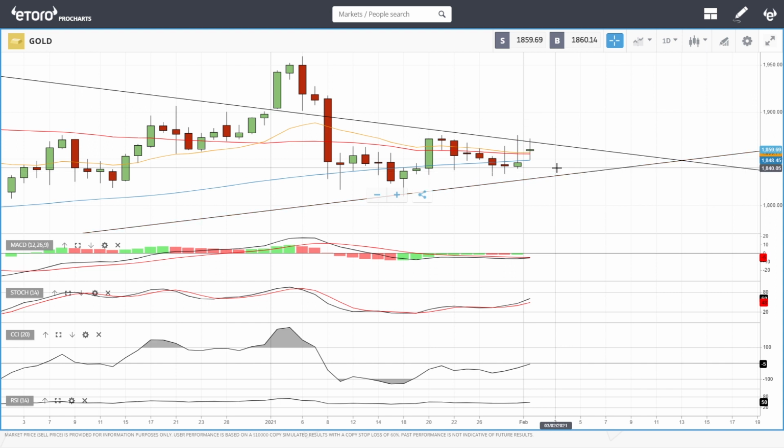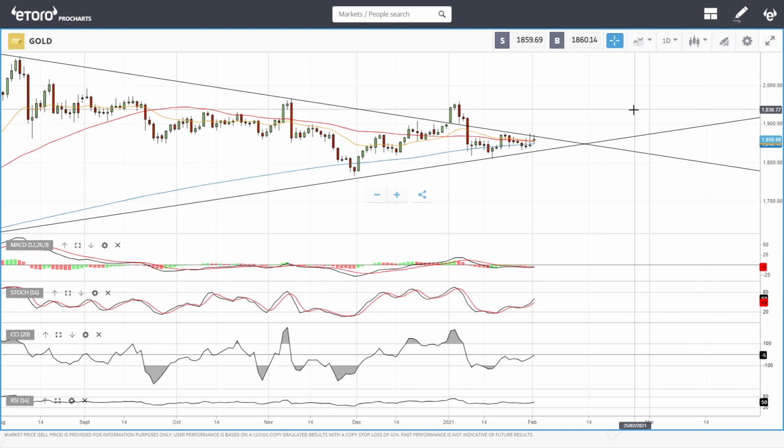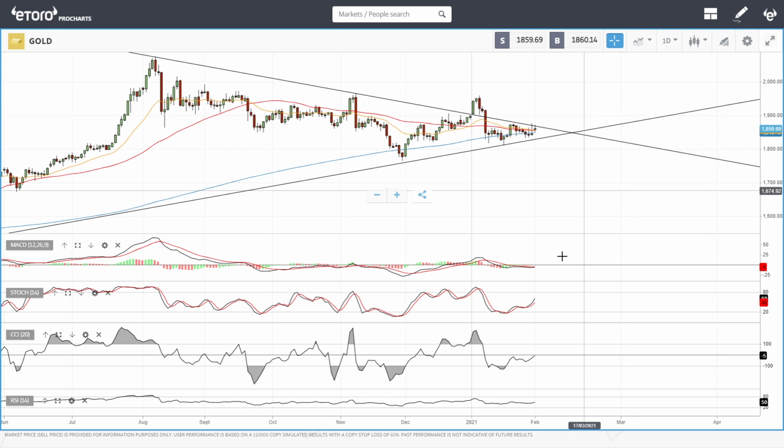However, I do expect the US dollar to start depreciating at some point, and that will be very bullish for gold. A break above this line opens the door to 1900 and 1950 and all the way to 2000. That is what we are waiting for. Technical indicators are looking very bullish for gold, so a slow grind to the upside here could be an indication that we are ready to break out. But if you look at silver,